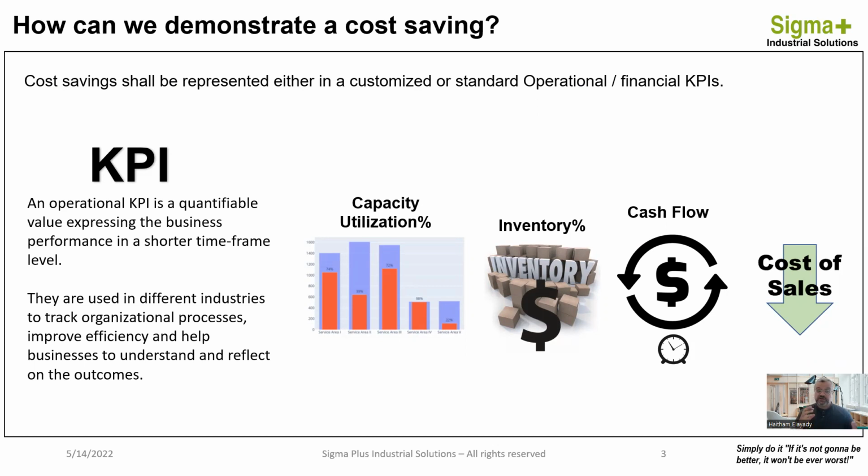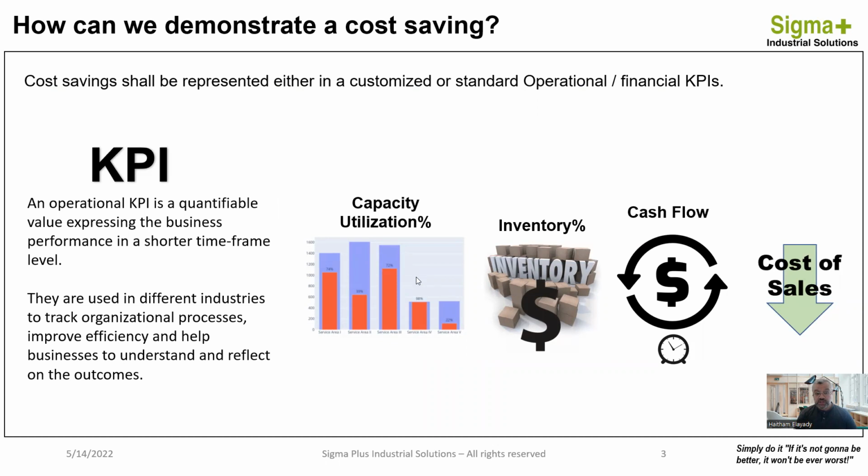And this is a quantifiable value describing the business performance in different sectors, like quality, safety, operation, and financial. Those kinds of KPIs are mainly used between the managerial department and the managers to monitor how the business performance is doing. And in this video, we're going to take one sample of those KPIs,